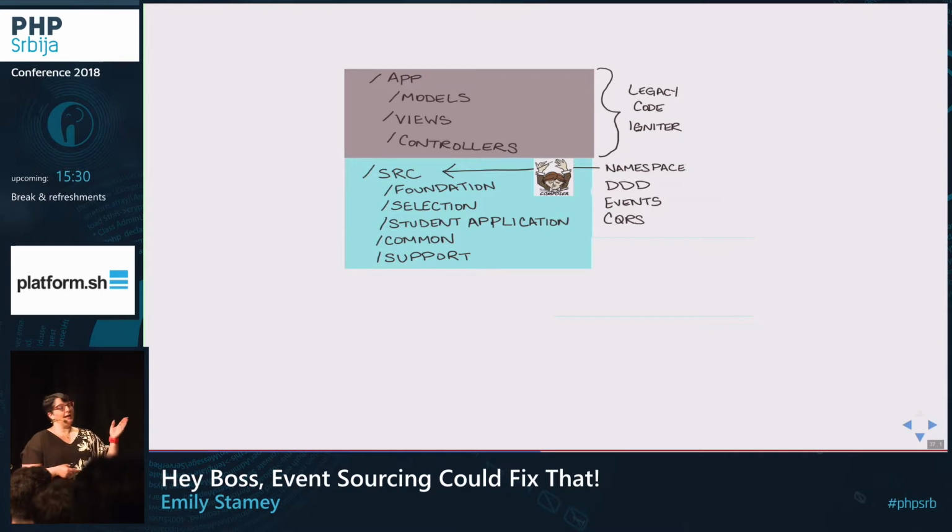Then we created our bounded contexts for foundation, selection, and the student application. There were some things in common, so we had those in common, and database type connections were under support. It was fairly straightforward, but basically, these are two entirely different applications that have no awareness of each other right now.